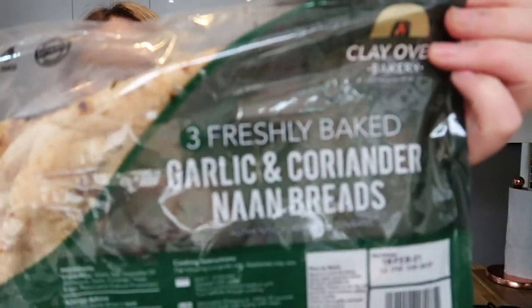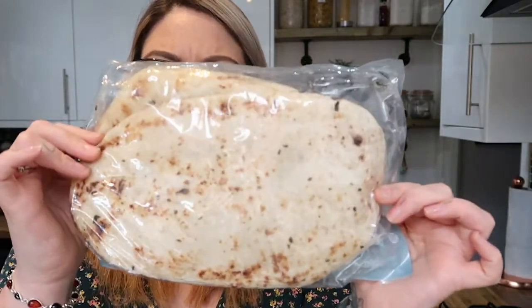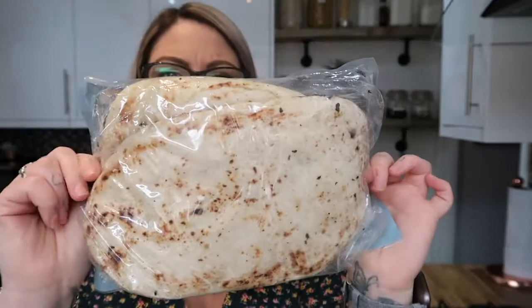So this is something completely new, and I never buy these, but I thought they would be really nice on the side of the lentil dal. So I got some garlic and coriander naan breads. I don't know where I've seen this before or where it came from though, but I have the idea. You get 3 naan breads in here, and per 1 naan bread it's 259 calories, which I think is pretty good. That is a pretty hefty amount of bread there, and it's obviously flavoured in garlic and coriander,